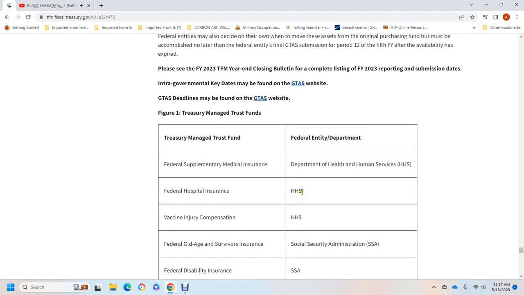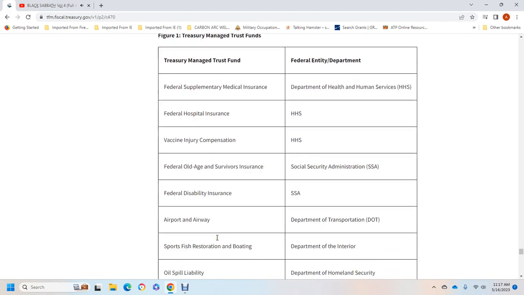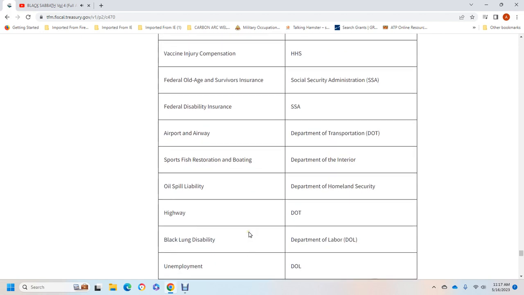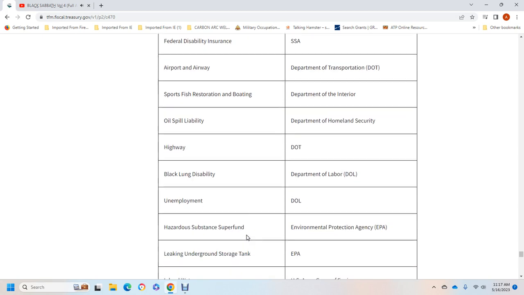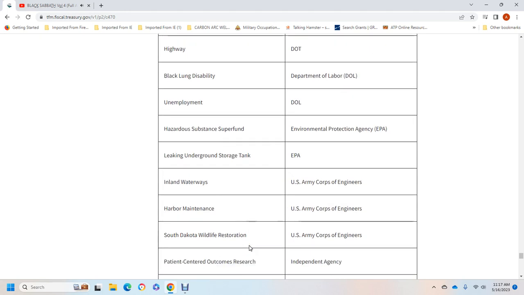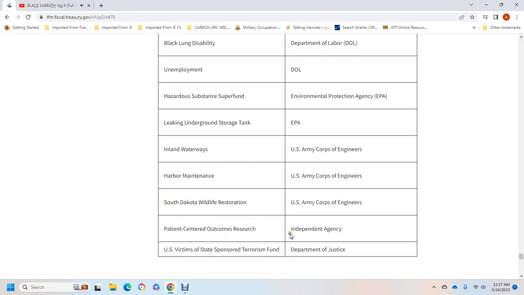Figure 1 shows the Treasury Managed Trust Funds: Federal Supplementary Medical Insurance, Department of Health and Human Services; Federal Hospital Insurance, Health and Human Services; Vaccine Injury Compensation, Health and Human Services; Federal Old-Age and Survivors Insurance and Disability Insurance, Social Security Administration; Airport and Airway, Department of Transportation; Sport Fish Restoration and Boating Safety, Department of the Interior; Oil Spill Liability, Department of Homeland Security; Highway; Black Lung Disability, Department of Labor; Employment, Department of Labor; Supplemental Superfund of EPA; Leaking Underground Storage Tank, EPA; Inland Waterways; Harbor Maintenance; South Dakota Terrestrial Wildlife Habitat Restoration, U.S. Army Corps of Engineers; Patient-Centered Outcomes Research, Independent Agency;